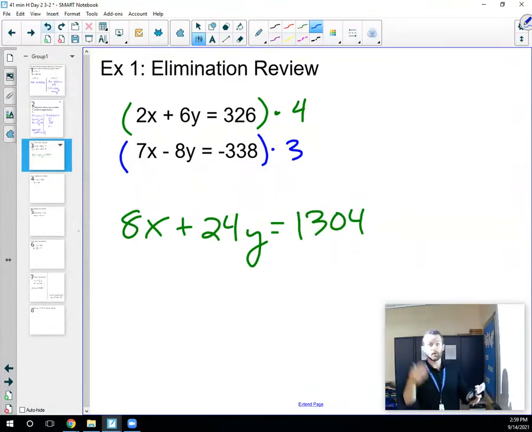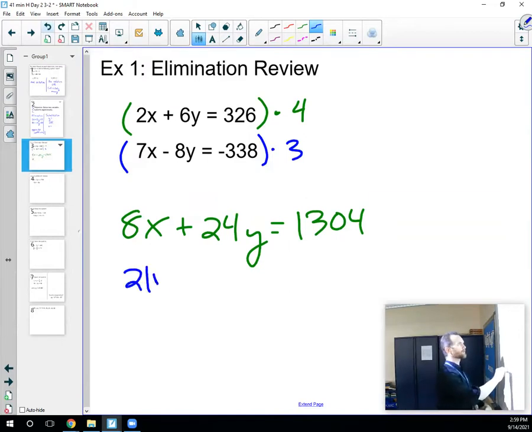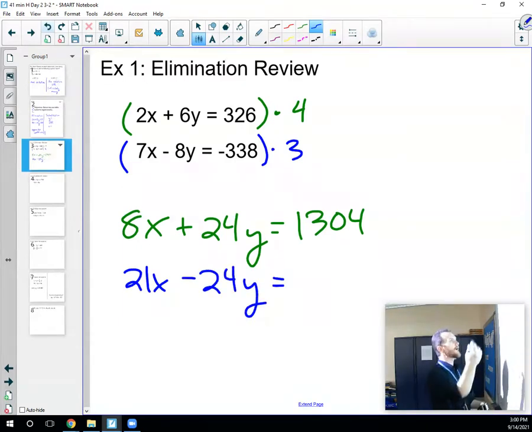Now we're going to do the same thing with the blue. We have to distribute that 3 to every term we see. So 3 times 7x becomes 21x. 3 times negative 8y is negative 24y, which is good because now we have our opposite coefficients. And then 3 times negative 338 is negative